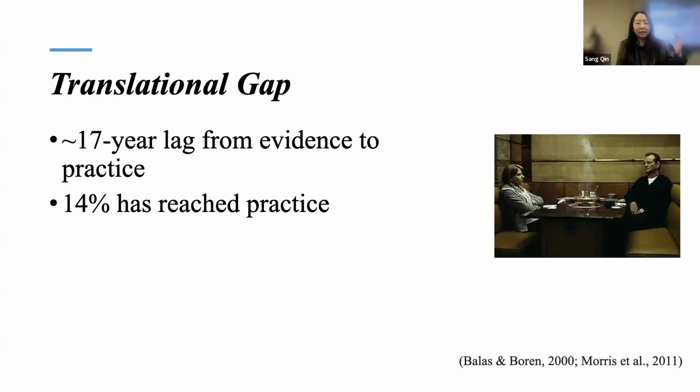Although the data I'm providing here is kind of dated, I think it's still a very powerful and impactful statement for us to learn from. A lot of the time, it requires on average 17 years for research evidence to transition into the real world, and only about 14% of that evidence gets transitioned into practice. So what we're talking about is a loss in translation. We, as researchers, do a lot of research here, but it doesn't get used eventually. And I think that speaks to the importance of why we do community engaged research, because we want to have a community impact of the research.